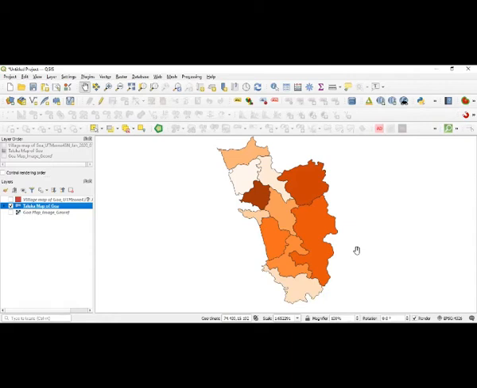Okay, I have gone for that, and it doesn't represent anything, because you can see that one taluka in the extreme east is also of the same color, and the extreme west is also of the same color. And like that, if at all you go by, it shows something.